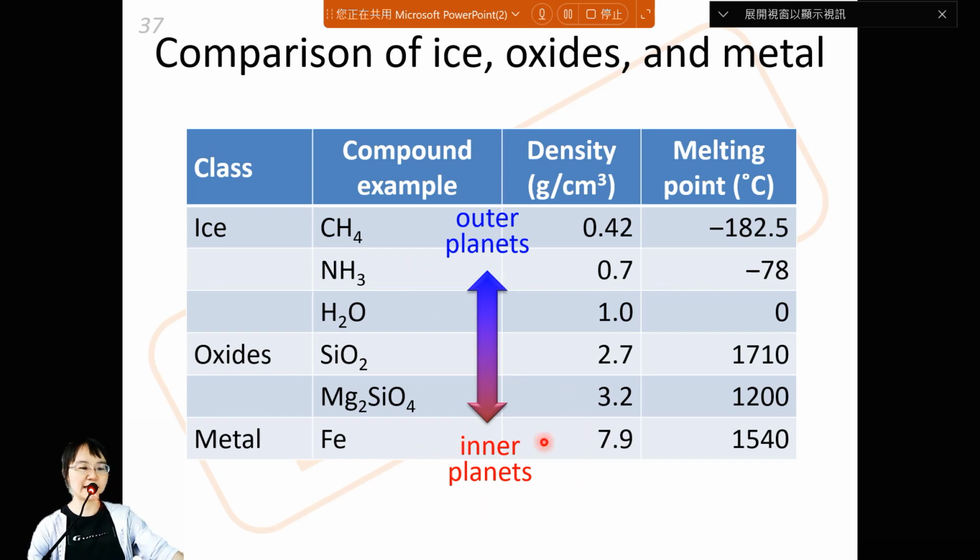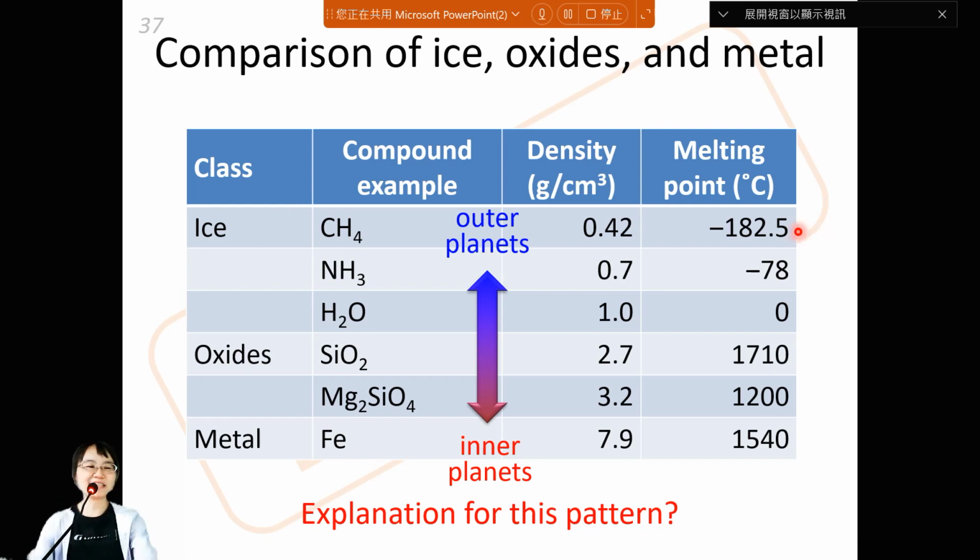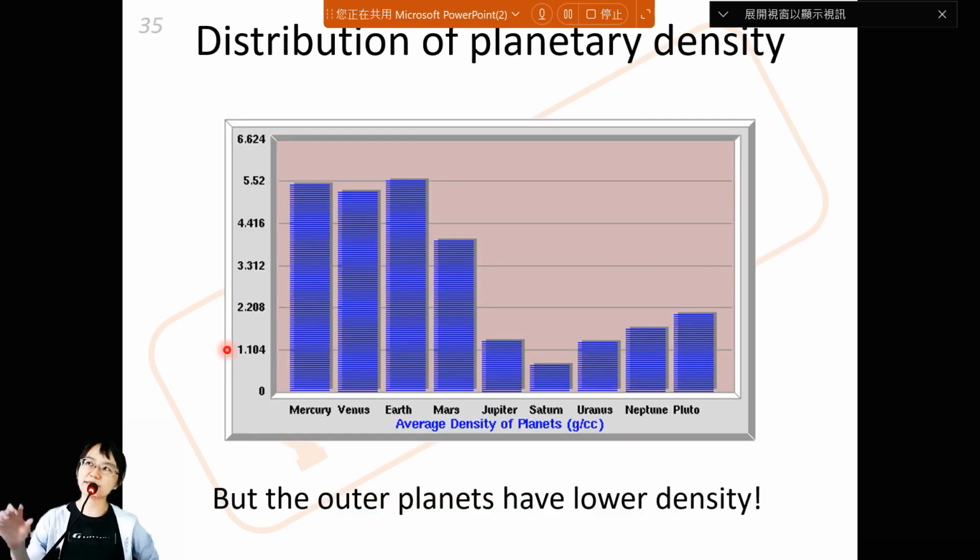These are the inner planets, which have denser, high-melting material. Those at the outer planets have lighter, low-melting material. So far, this is our guess. From Kepler's law, we only know bulk density. If you think of something with a density of 1, it could be something made of purely water or something